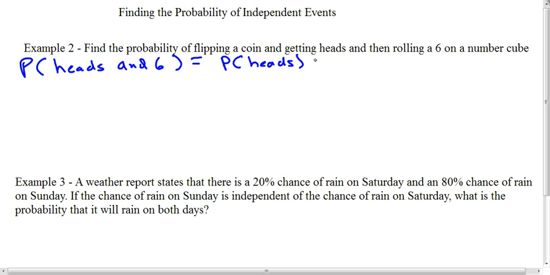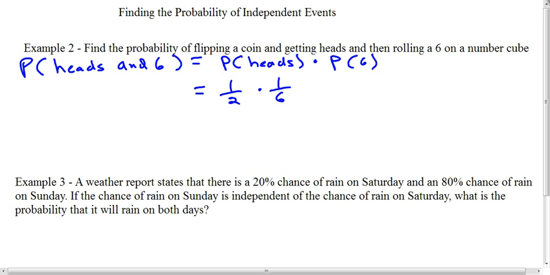And remember, we said this is multiplication, times the probability of 6 on the die. Alright, now if we look at the coin, there's one head and one tail. So we're looking at 1/2, and we're talking about a 6. There's 6 numbers and they're 1 each. So that's times